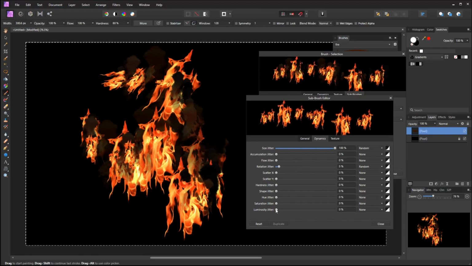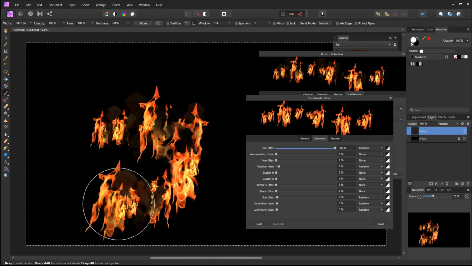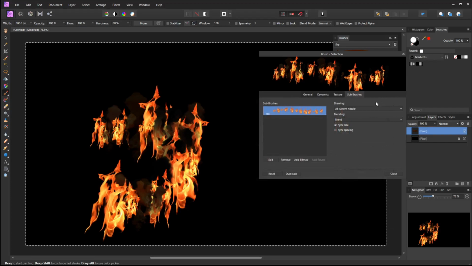And I could adjust maybe the hue. Now, I don't want rainbow fire, so I'm going to do this maybe 1 or 2%, and not much more than that for this hue, saturation, luminosity jitter, and just to make sure we didn't do anything weird. Okay, so I think that's all right. And then I can close this out,